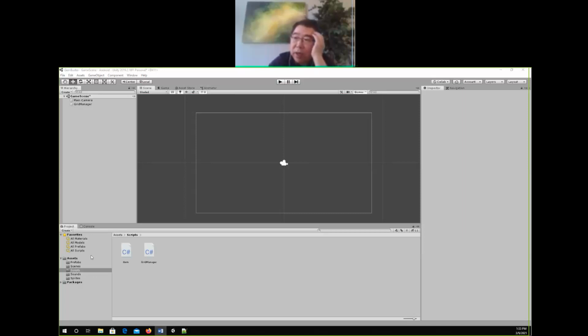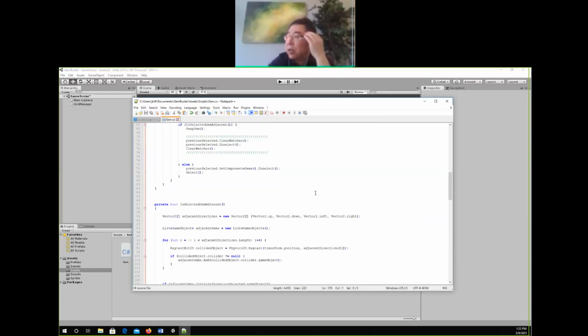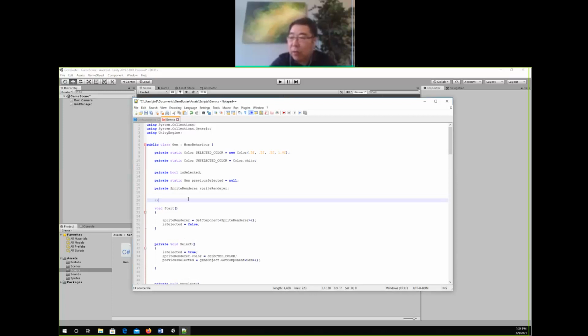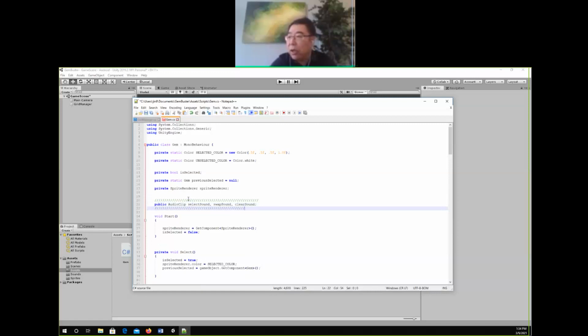Now we need to work on adding sound. So we have three sound files. What we are going to work on first is to update or modify the gem.cs to add a couple of lines of code, which is just for sound. So we need to include audio related code, a public audio clip for the gem script, and we are going to add